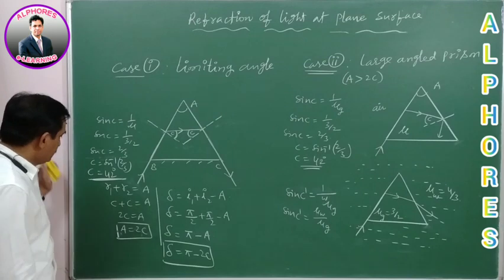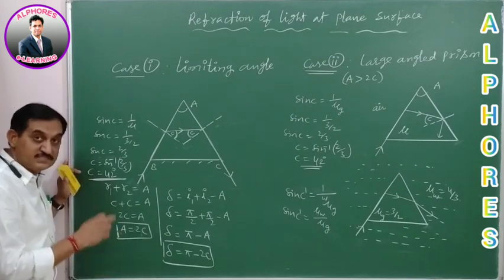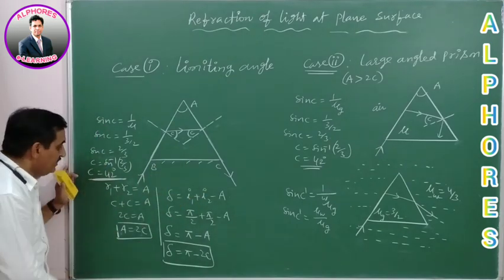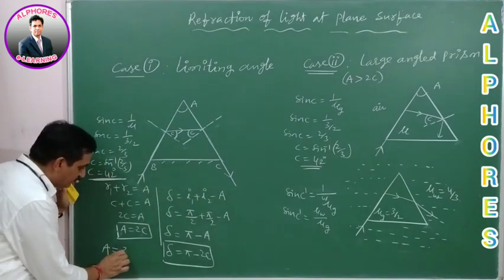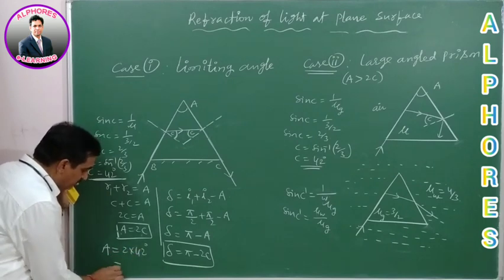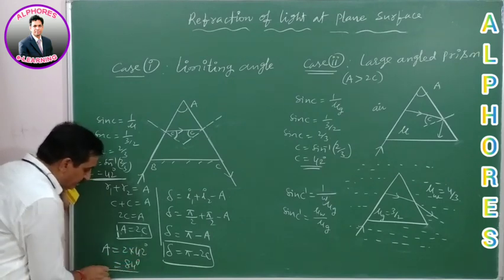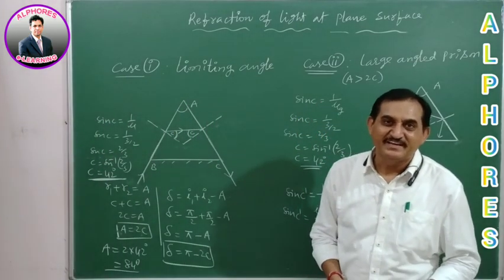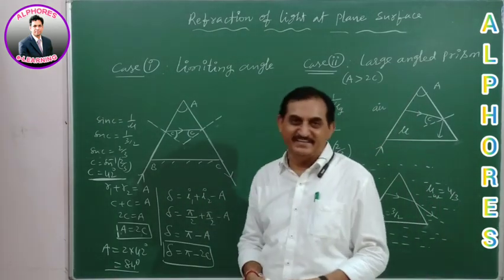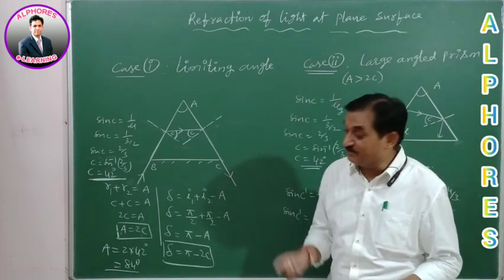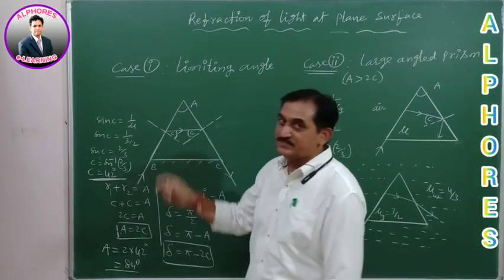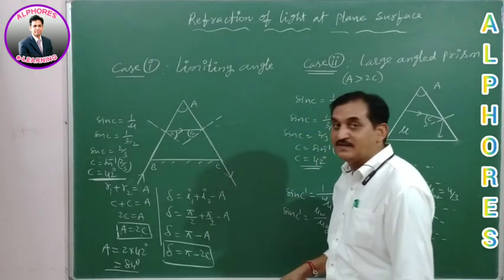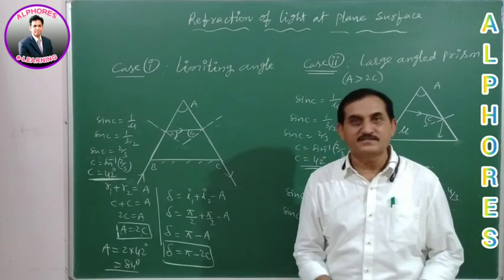So based on that, what is the angle of prism for which grazing incidence finally gives grazing emergence? A, the angle of prism, is equal to 2 into 42 degree, which gives 84 degree. It means whenever a prism is made of glass, its angle of prism is 84 degree, for which light is grazing the first refracting surface, which is incident. Then finally after refraction, it definitely grazes out of the second refracting surface.